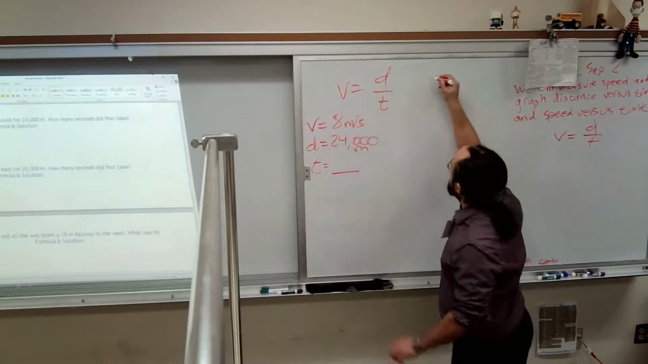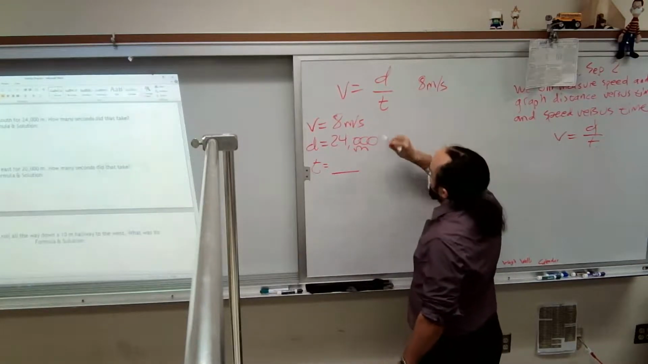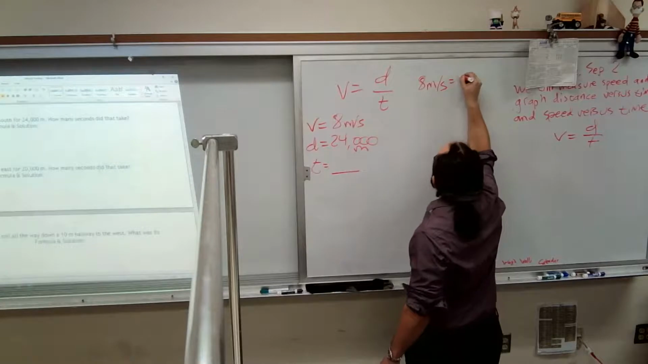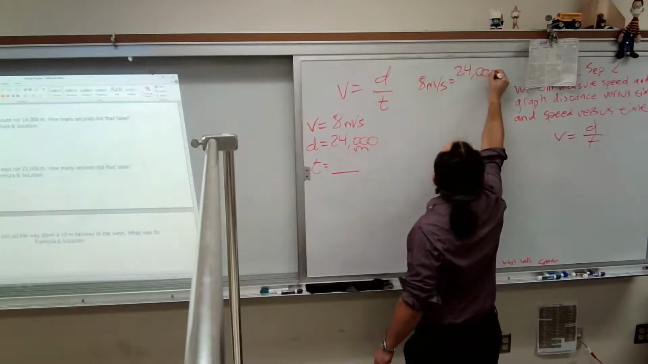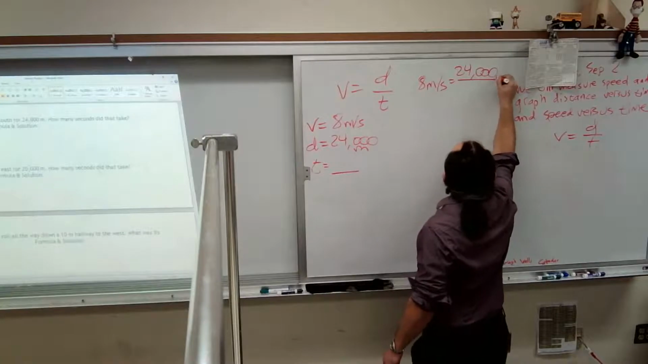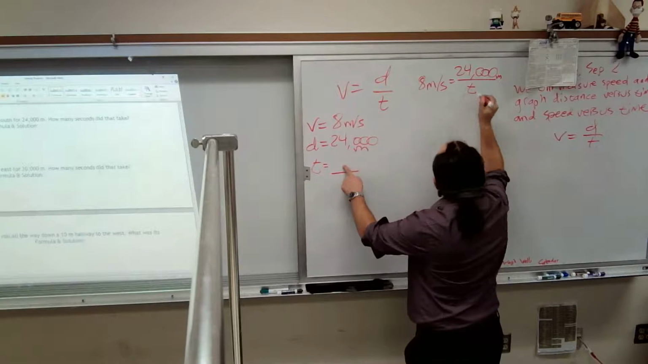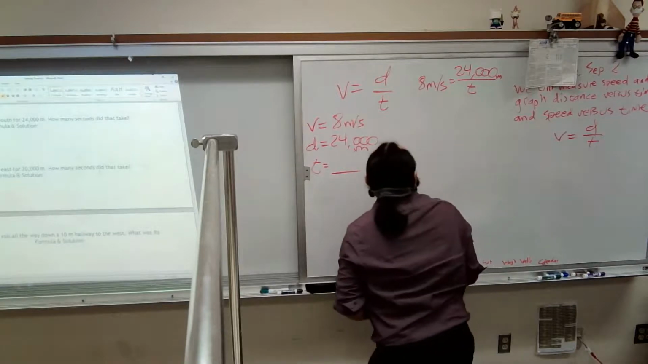So velocity is 8. Let me go way up here so I make sure I give myself enough room. Distance is 24,000 meters. And time is what we're looking for. Looking for time down there. All right, so